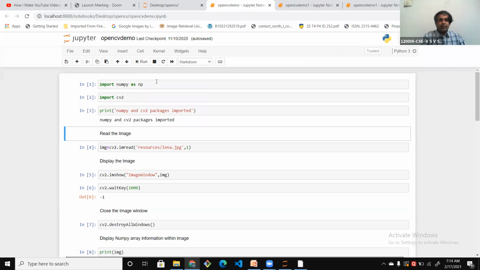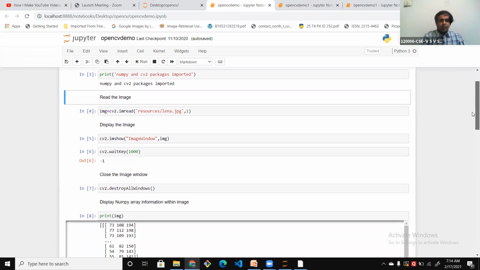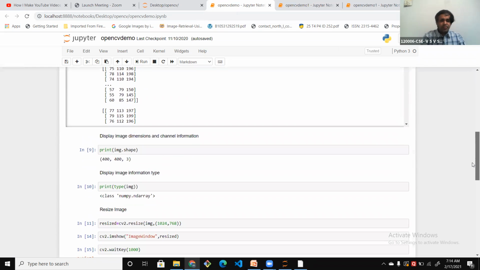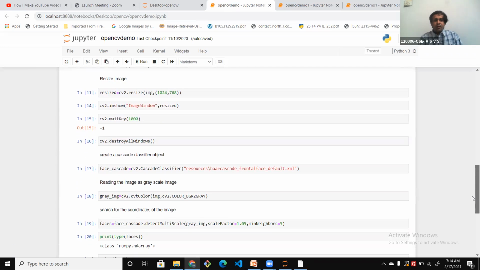Here, as you're seeing, this is the same program, but we are using some additional commands for object detection.